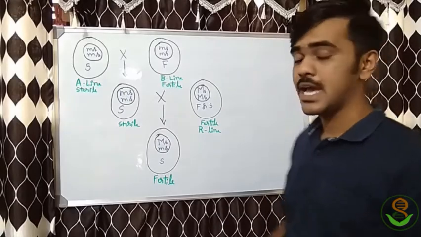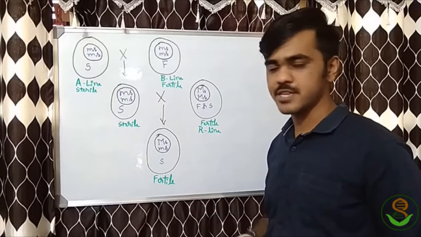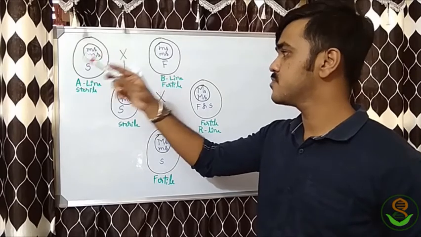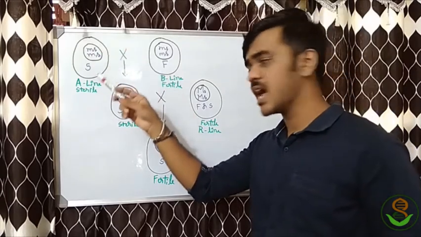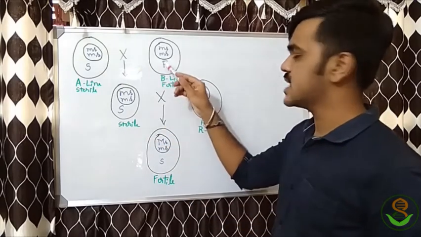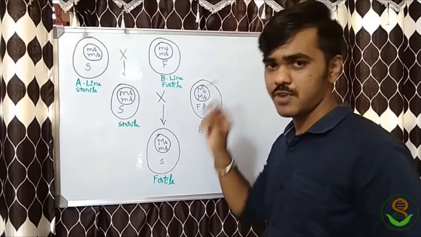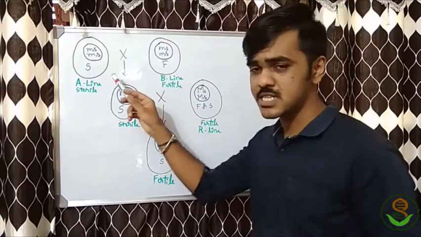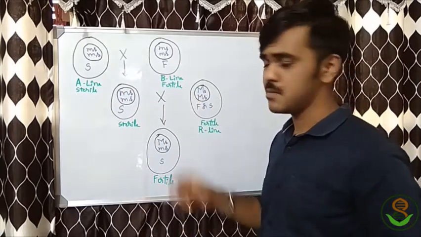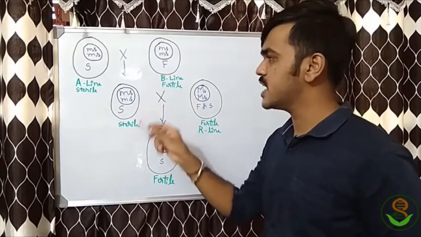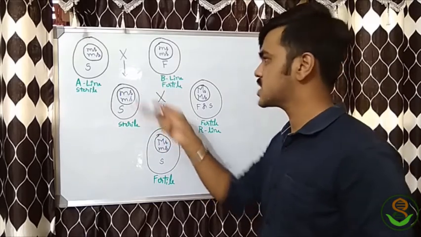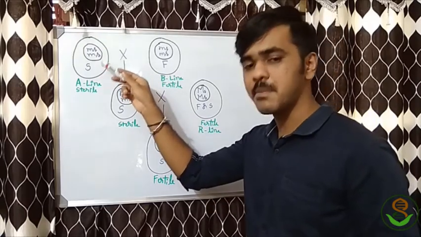Okay friends, let's see the mechanism, how the seed production takes place. I said the A line is recessive and it contains the male sterile cytoplasm genes, and this is similar to that but contains fertile genes in the cytoplasm, hence it is fertile. The sterile one is known as the A line, the male sterile line. It is crossed with the maintainer line, the B line, and the progeny we get is a male sterile one itself, containing the recessive genes and the sterile cytoplasm, as it is the mother.